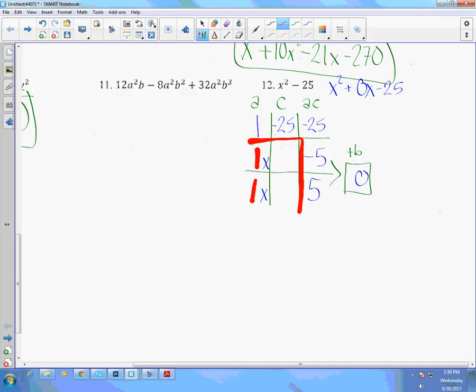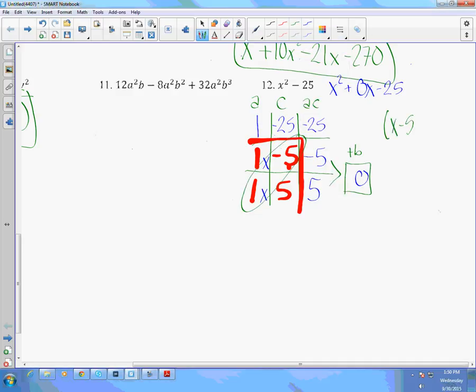Negative 5, because they both have a negative, so they have it in common. Jenny, what about negative 25 and positive 5? That's the next common factor. 5. Okay, let's check the signs to make sure it works. 1 times 1 is positive 1? Yes. 5 times negative 5 is negative 25? Yes. Look at the rows. 1 times negative 5 is negative 5, and 1 times 5 is positive 5. Yes. So our answers are